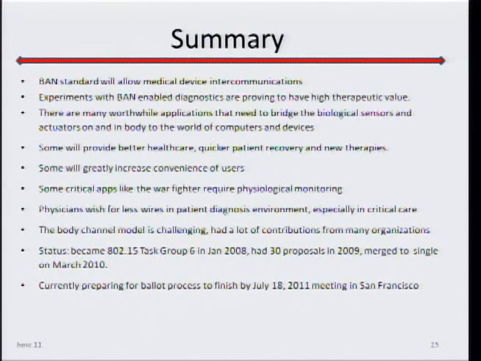Some critical applications like firemen and warfighters require physiological monitoring. Physicians that I talk to do wish for fewer wires in the patient diagnostic environment, especially in critical care. The body channel model is challenging, had a lot of contributions from many organizations, and we're currently preparing for the ballot process to finish by the July 18th IEEE meeting in San Francisco. So that's